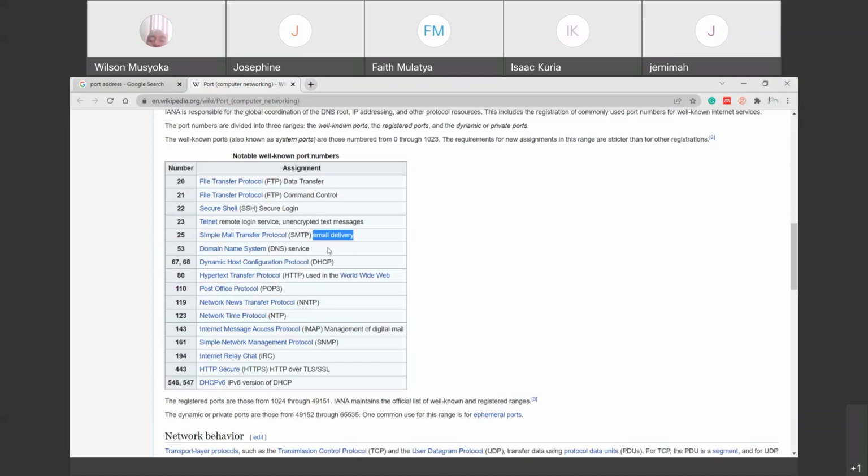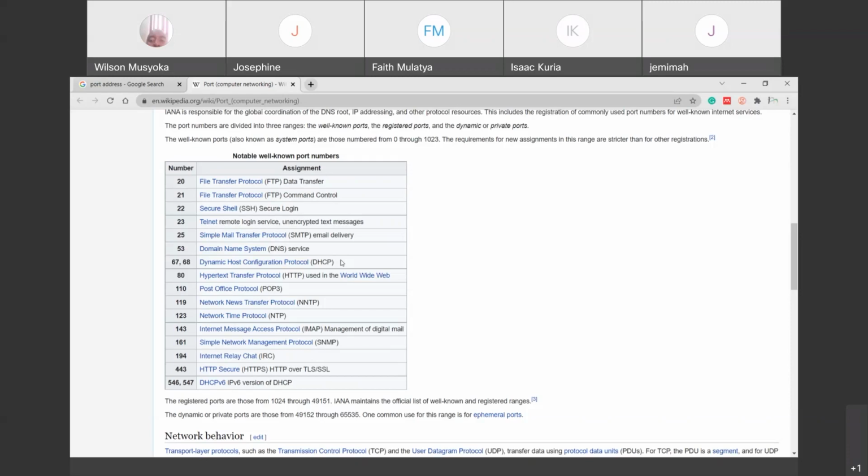53 is for DNS. 67 and 68 are used for DHCP. Whenever you go to a place where there is Wi-Fi, and then you save that Wi-Fi account in your mobile device, you leave and you come back, automatically you will be connected to that Wi-Fi. How is that done?